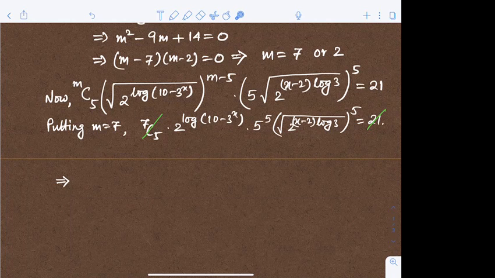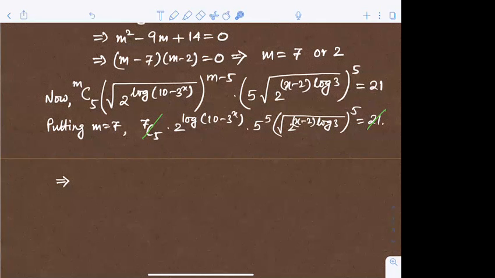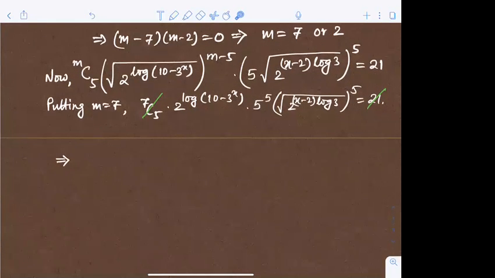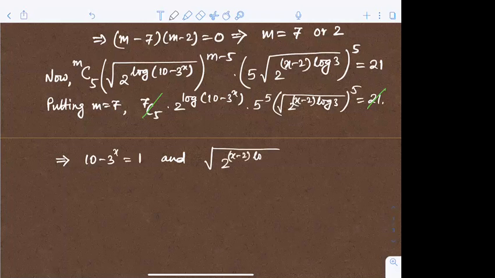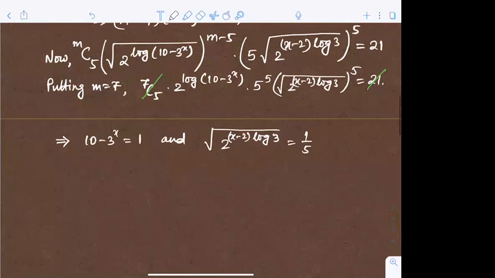সো সেভাবে যদি করি তাহলে কি আসবে? কেউ কি করেছে এটা সলিউশনটা ফাইনালি? আমি চাইছি 2 পাওয়ার 0 আনতে, তাহলে 10 মাইনাস 3 পাওয়ার x এটা 1 হতে পারে, অ্যান্ড রুট আন্ডার ওটা 1/5 হবে, রুট আন্ডার 2 টু দি পাওয়ার x মাইনাস 2 লগ 3, এটার ভ্যালু 1/5 যদি হয় তাহলে কিন্তু এটা স্যাটিসফাই করবে। দেখা যাক হয় কি। 10 মাইনাস 3 পাওয়ার x ইকুয়াল টু 1 হতে গেলে